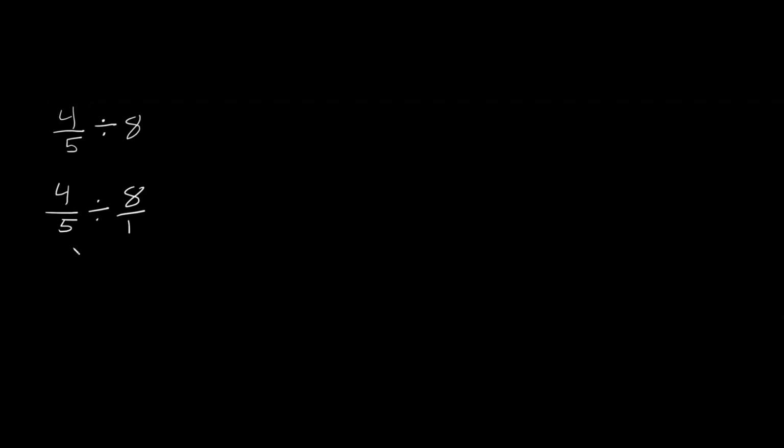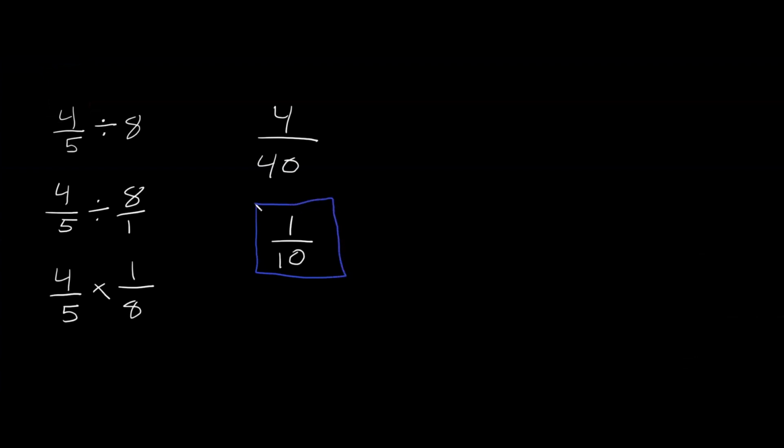And we'll do the same thing as last time. Keep, change, flip. So this will turn into 4 fifths. We keep the first fraction, change division to multiplication, and then flip the numerator and denominator. So this will be 1 over 8. And then we multiply. So we will get 4 times 1 over 5 times 8 is 40. 4 over 40, and 4 and 40 are both divisible by 4, so our answer will be 1 over 10. 4 divided by 4 is 1, and then 40 divided by 4 is 10, so that is